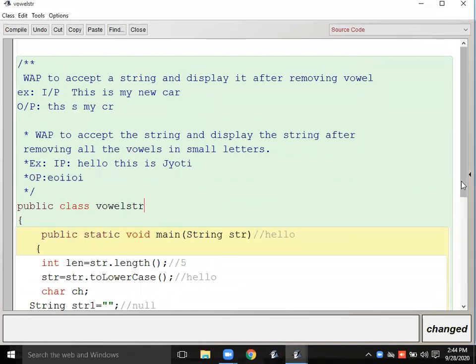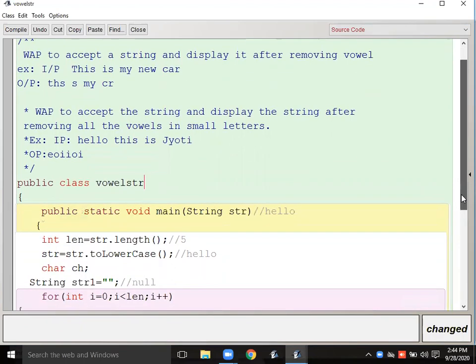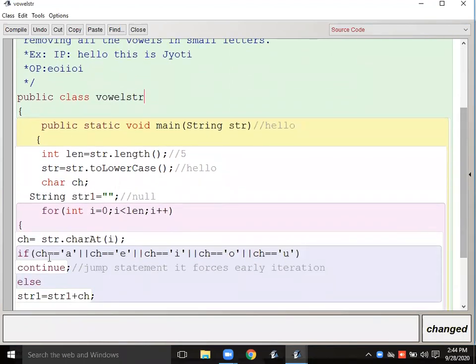So this T, H, I. See, first of all, it will fetch T. Then for T, this condition is not going to be matched. So the else part is going to execute. What is written in the else is str = str + ch. Str right now is null. So null plus ch. In ch it is T, right? So in str, T is going to be stored.